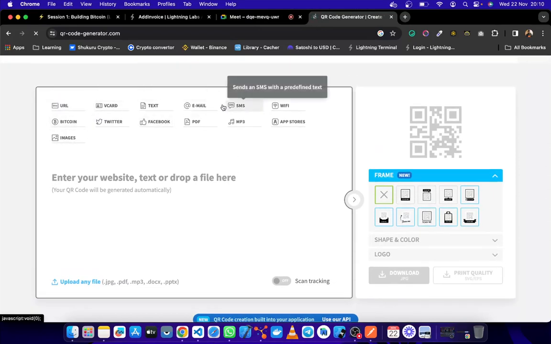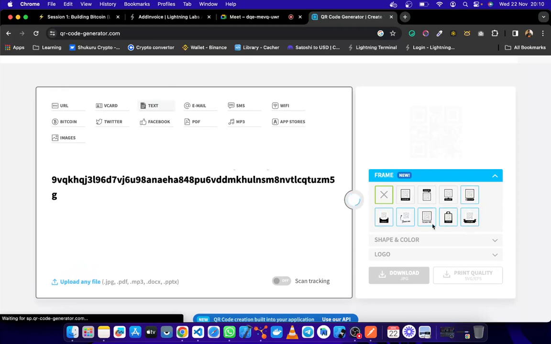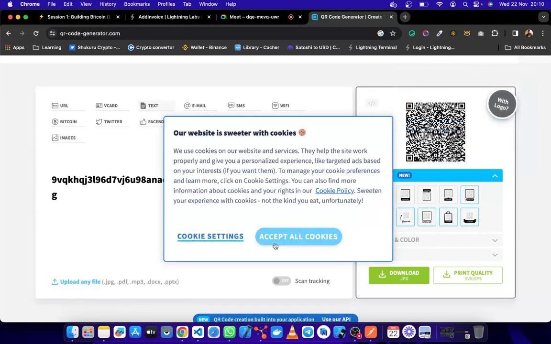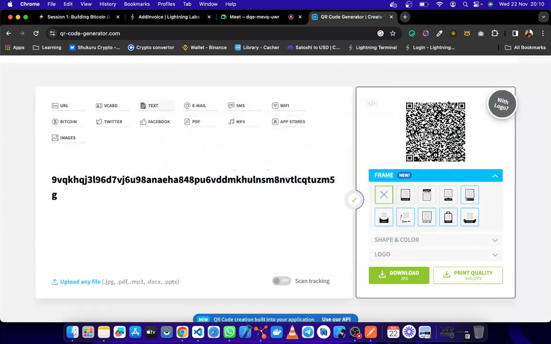Hopefully this is paid. So usually you paste it there, and then it creates weird pop-ups. Okay, get those cookies out of the way. So this string has been decoded into this QR code. So when you scan, the message is behind this.